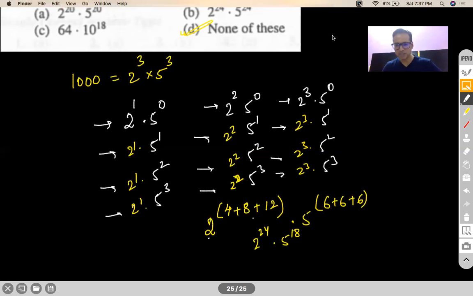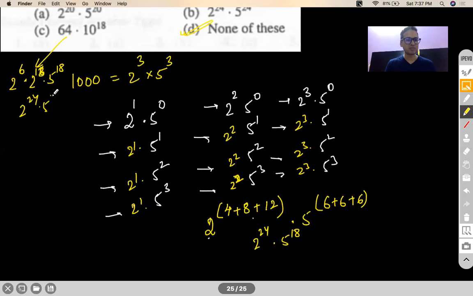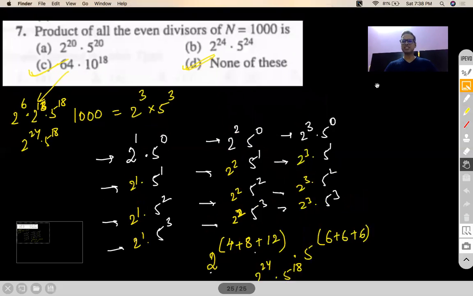That's what I'm saying. No, Pranav. 2 to the power 6 into 2 to the power 18. Won't it be 2 to the power 24? Oh, you are saying one of the options is matching. Okay, fine. Let us check it. 64 is like 2 to the power 6, and 2 to the power 18, 5 to the power 18. Oh, yes, absolutely. Sorry. So this is 2 to the power 24, 5 to the power 18. Oh, my bad. So one of the options, option number C, is correct. I'm sorry. Option number C is correct. Okay, I understand. Right. So this is basically our